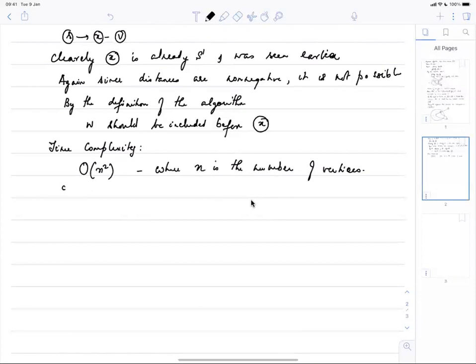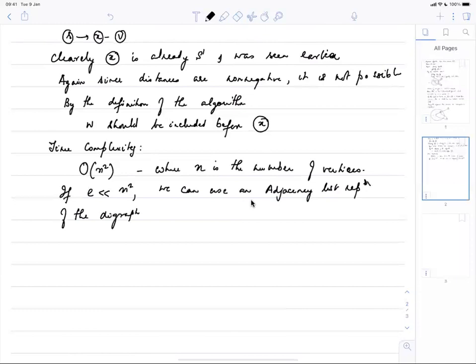If E is much less than n squared, we can use an adjacency list representation of the digraph, and can also use a priority queue,